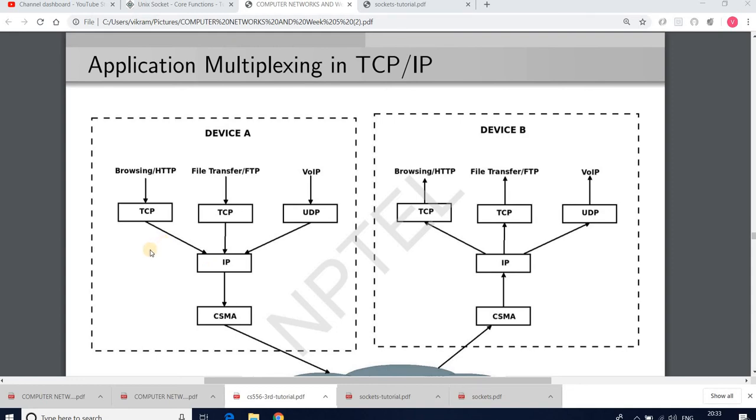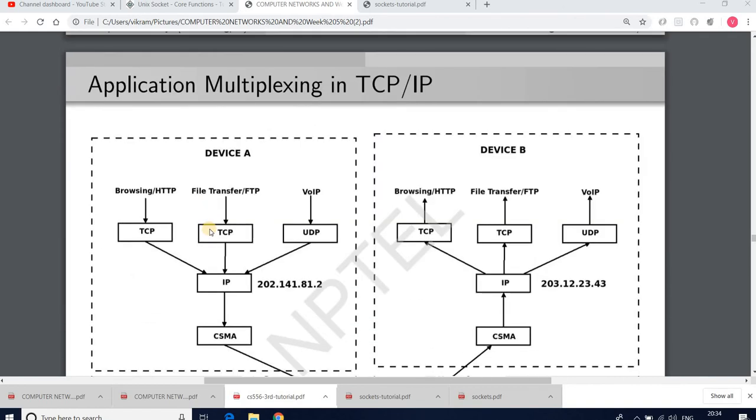During that time, the application on device A, which is using the TCP protocol at port number 8081 on the machine with IP address 202.141.81.2, is interacting with device B at IP address 203.12.23.43 over port 8080, where your HTTP server is running.